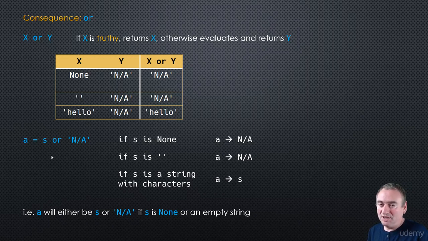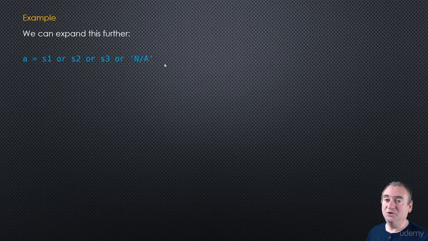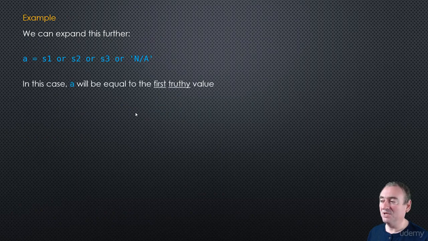This is making the assumption that s is a string, or is pointing to a string. But anyways, you get the idea. So we can use this for setting up default values. So let's take a look at an example, because we can expand this further. We can say a equals s1 or s2 or s3 or NA, and this will then be, so a will